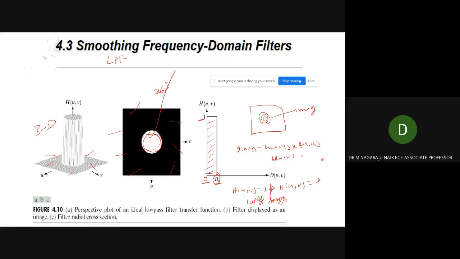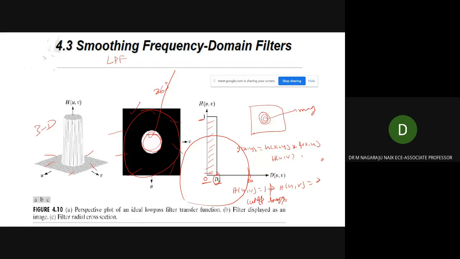Suppose we consider D naught here, then it will cover almost the entire image.